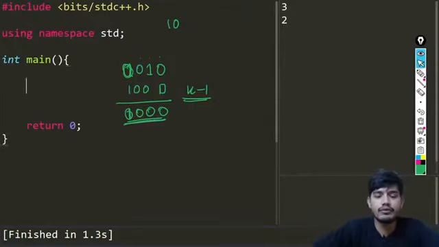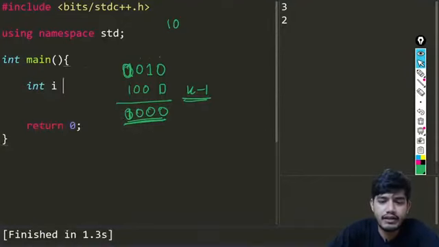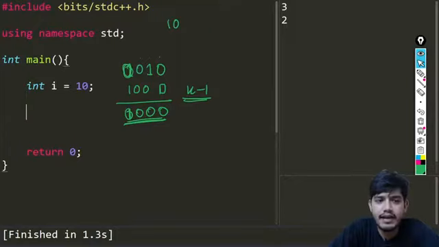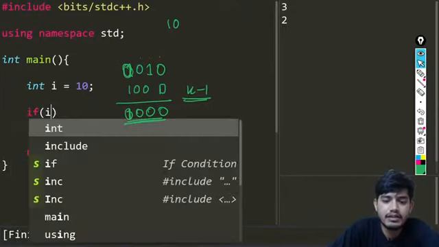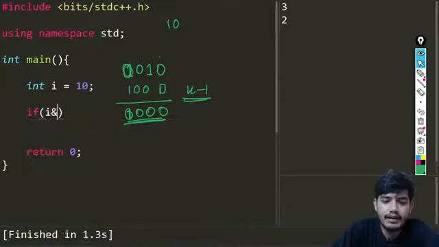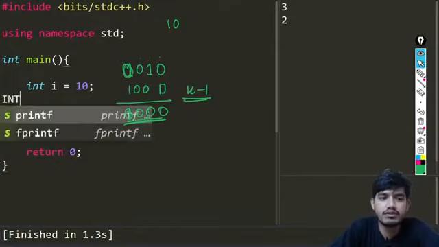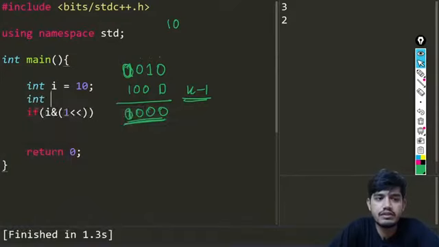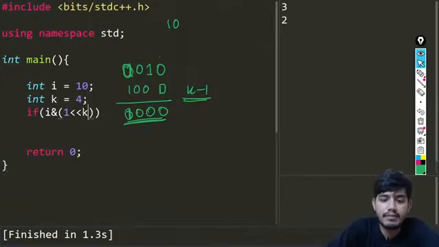So we are going to take the example for 10. We have this value as 10, and we are just going to be checking, left shifting 1 by k minus 1 times, where k equals 4, the fourth bit we want to check.